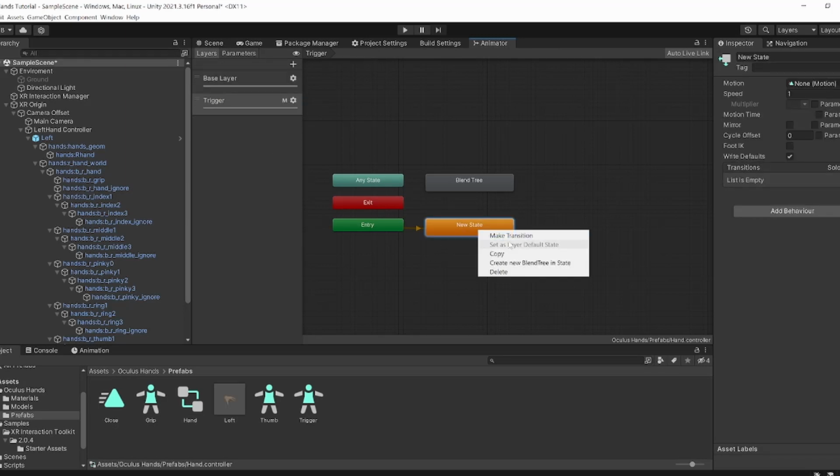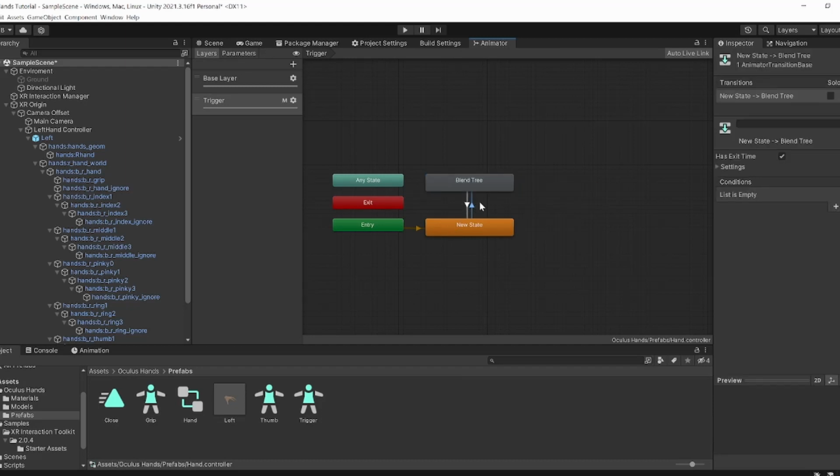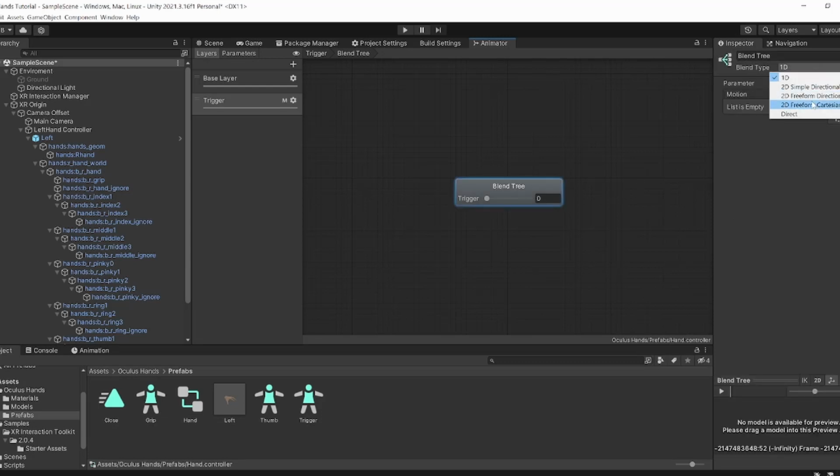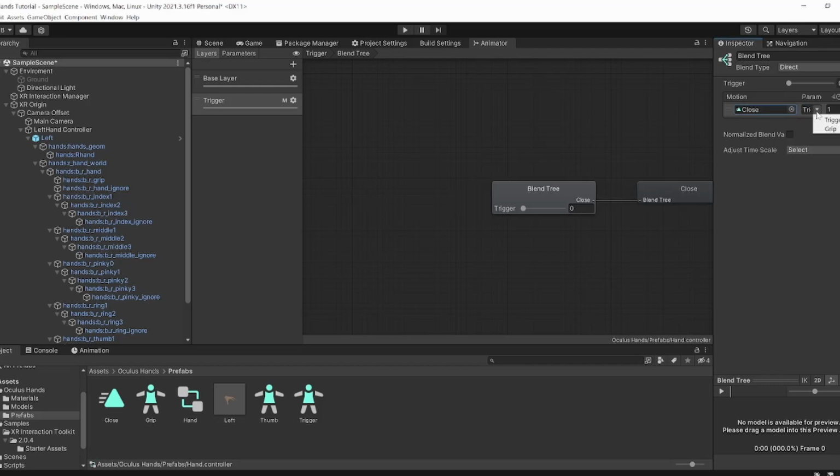We are on the trigger layer and we make a transition from here to here and back. The condition is that the trigger is greater than 0.01. And here it's the trigger is less than 0.01. Also, uncheck this. In the blend tree, we're gonna change this to direct. And in the motion field, this is gonna be close. Make sure the parameter is trigger. And now it smoothly loops between